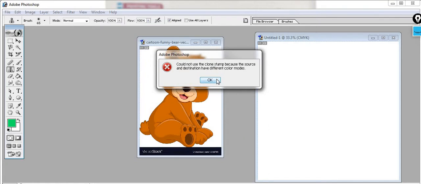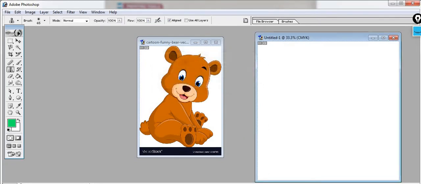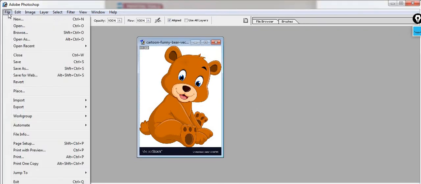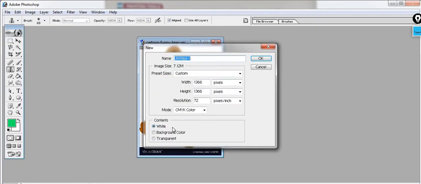We could not use the clone stamp tool because the source and destination have different color modes. Different color modes means, when I take a new window here, this is the color mode. So RGB, I am putting it RGB.